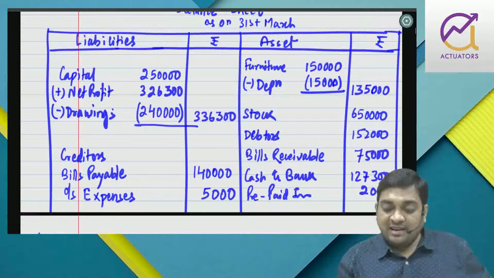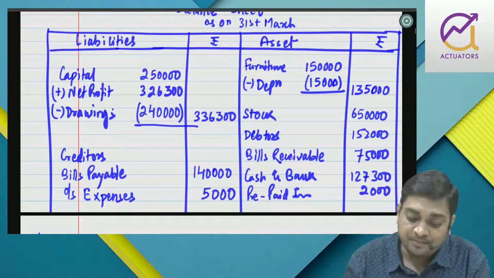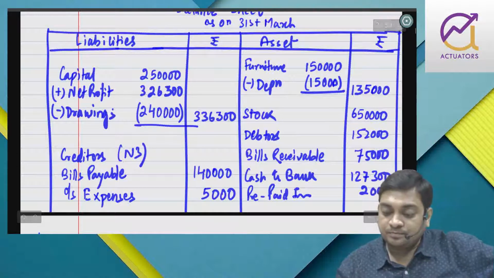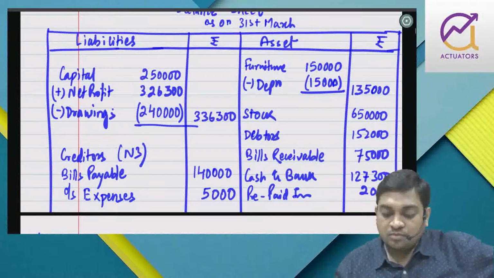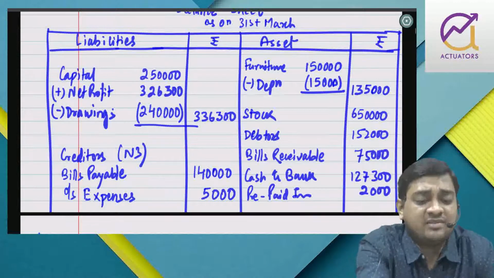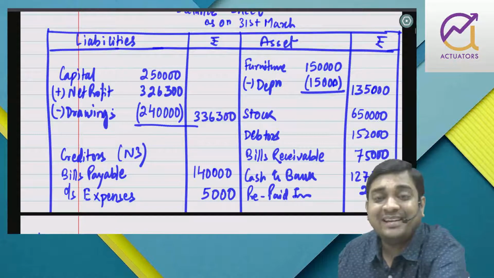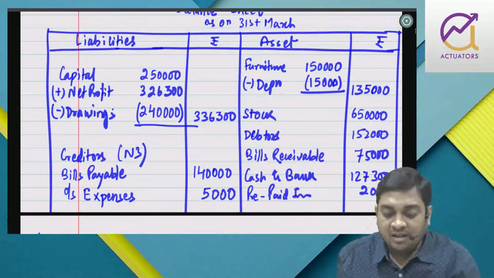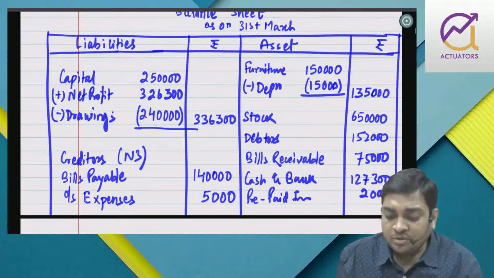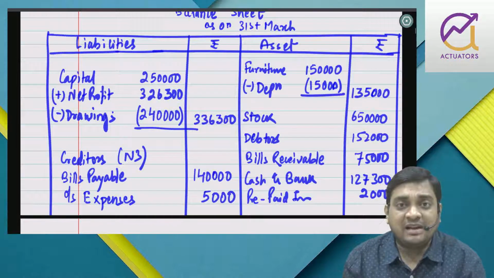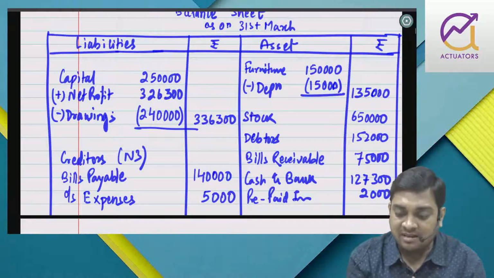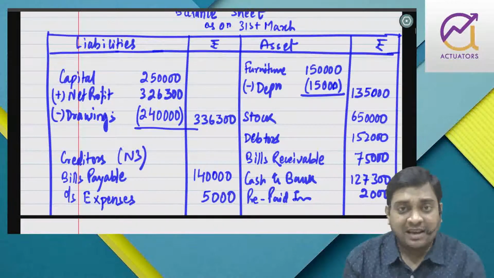So now if I can get creditors somehow, that will be note number 3, right? When we finalize accounts of any trader, if they tell us to file their return of income, in the balance sheet we may keep one item that we can take as a balancing figure, right? Anyway, if I calculate my creditor balance and put it here, it's going to tally.